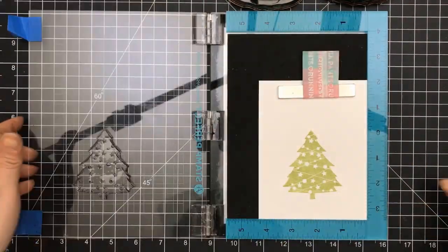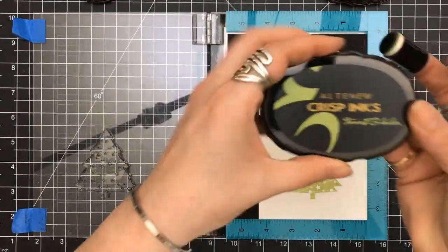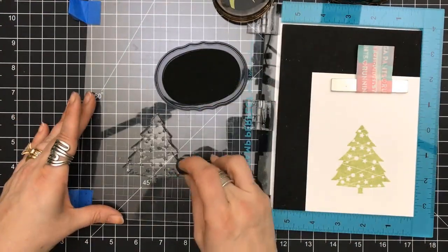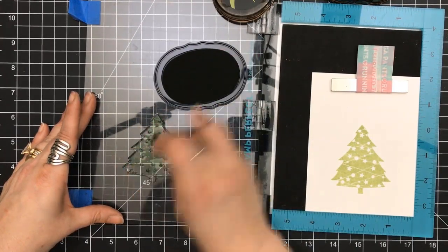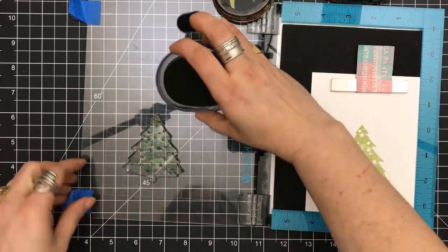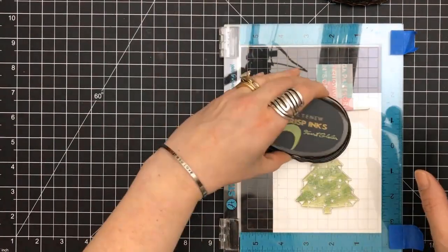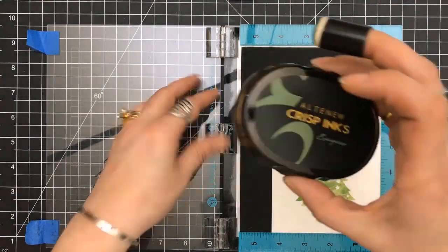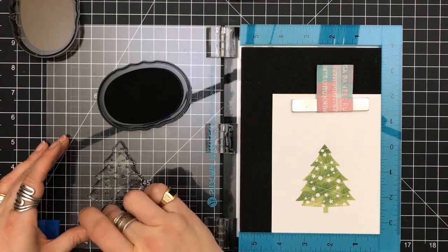So the first color I'm using on the tree was Frayed Leaf. The next color that I'm using is Forest Green. There's my dauber again, and I'm just going to tap around. There's no rhyme or reason. I'm not trying to create branches, just trying to create a level of depth when it comes to the tree. And it looks great. The last color I'm going to use is Evergreen, so it's going to be a lot